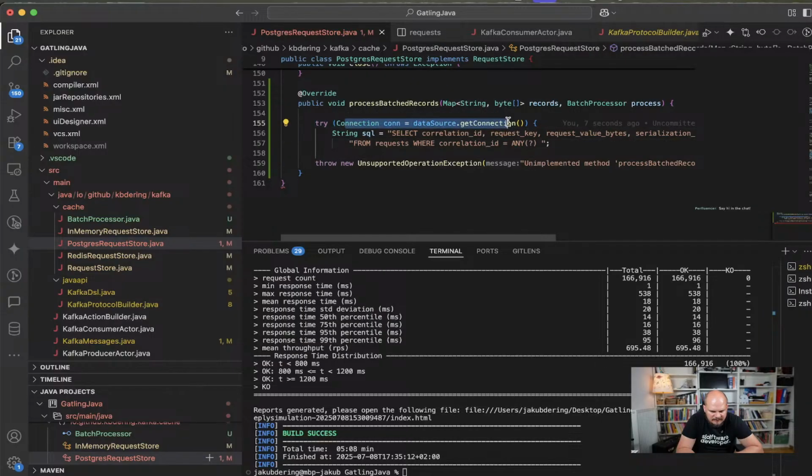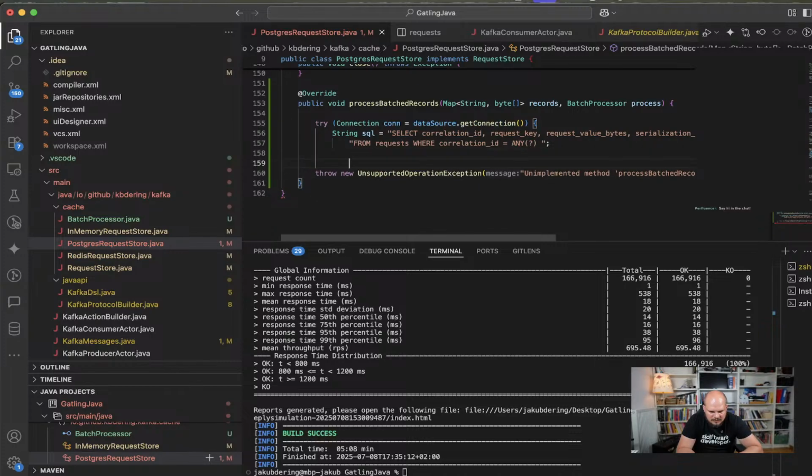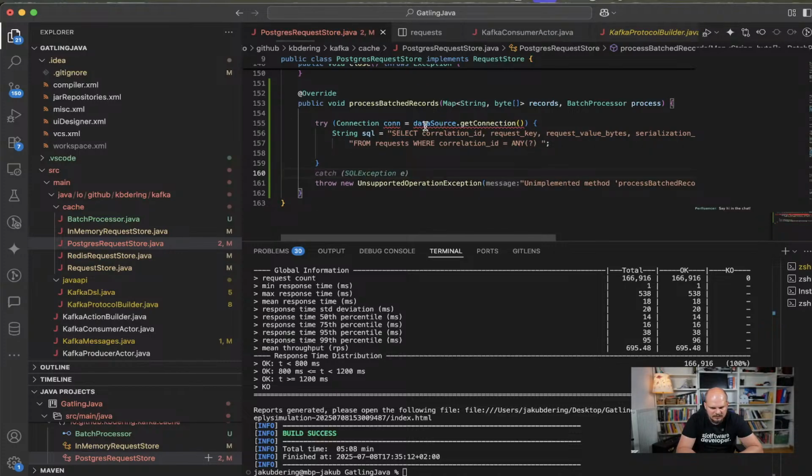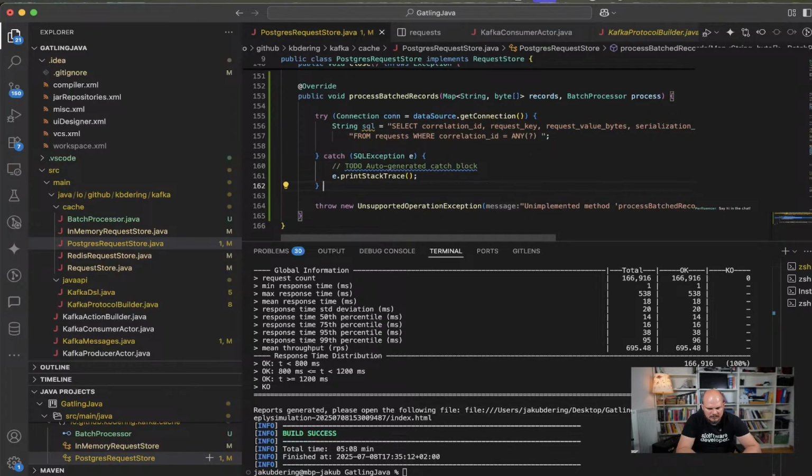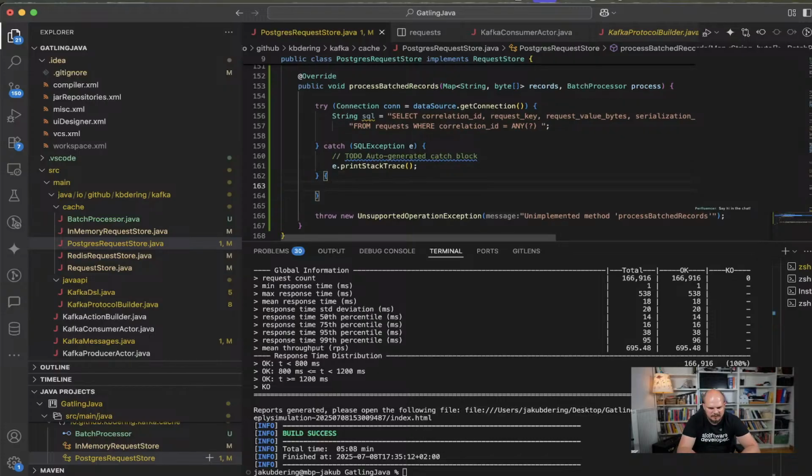So I'm going to have the data source connection. Okay. Okay, and then finally,